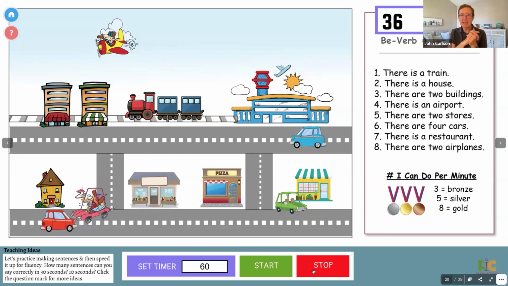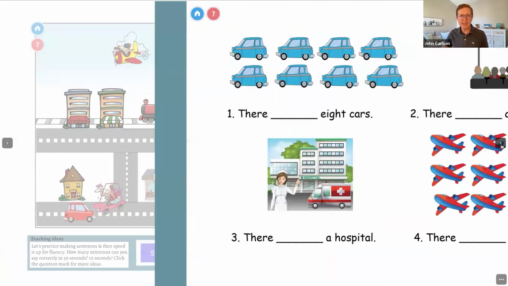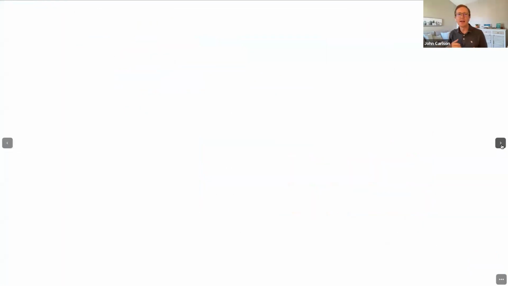And when parents hear their children saying things like, there is a train, there is a house, there is a car, there are two cars, there is a pizza place, there is a road, the parents are going to be like, wow, that's awesome. They are really getting that down. That's the kind of proof that you are teaching them in a way that is actually getting good results. And when the students get into elementary school and higher, they're going to do better in those classes as a result.